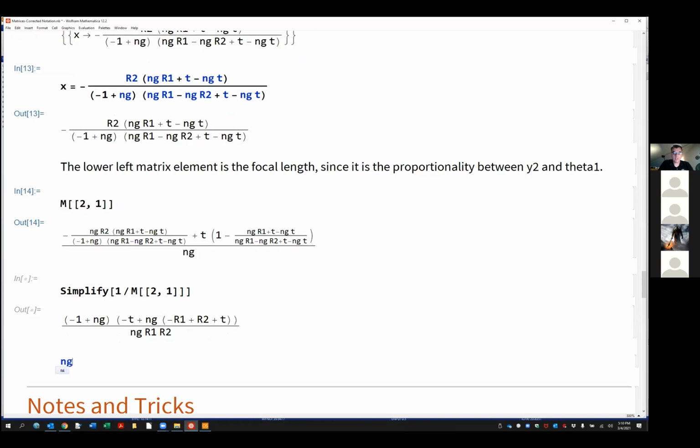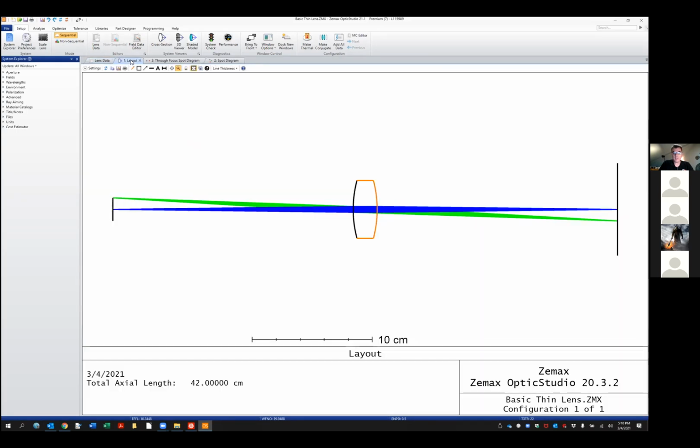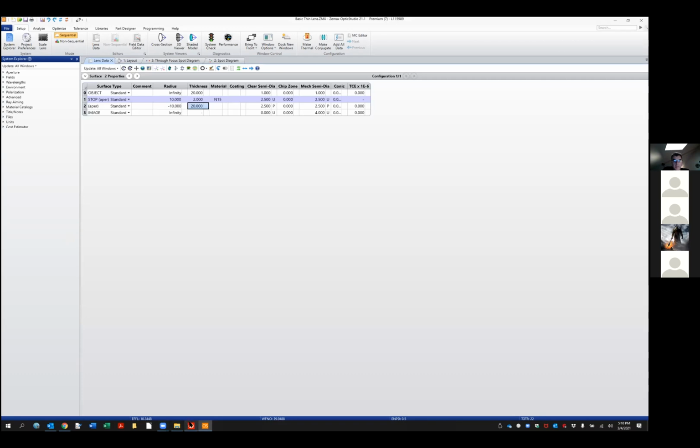So I can say NG equals 1.5, R1 equals 10, and R2 equals -10. And I've also got to plug in a thickness. Let's make this nice and thick to make the effects that we're going to see rather dramatic. Okay, if we make it nice and thick, 2 centimeters,